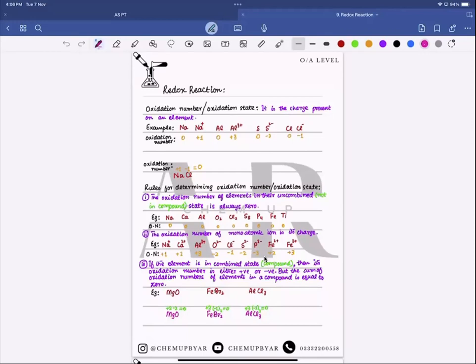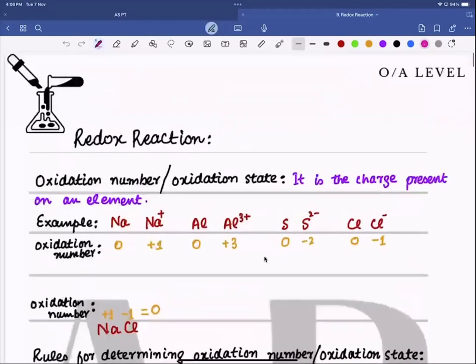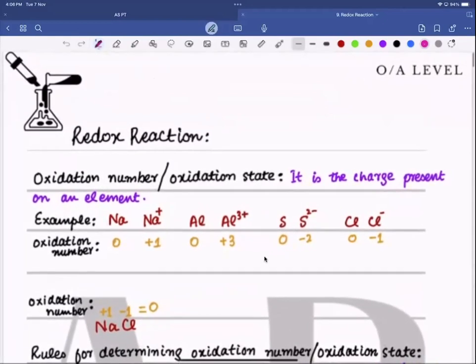Okay, so today we are going to do redox, and in redox, you guys must have a periodic table ready, so it will be understandable. So redox reactions, before heading towards the redox reaction, first we will understand what oxidation number or oxidation state